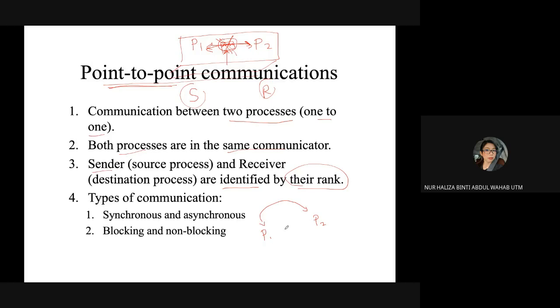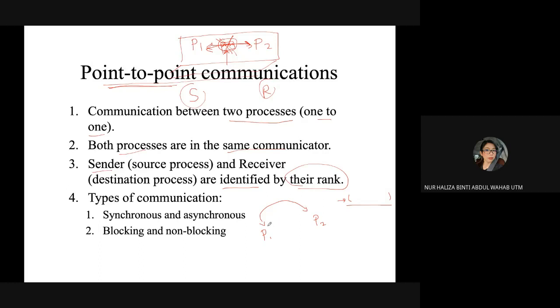But of course, in terms of instruction, let's say you have one single instruction here, you are going to have a receiver and a sender. Same goes for our daily life. Tak ada tiba-tiba dua-dua jadi sender in one time. Tak ada dua-dua jadi receiver in one time.